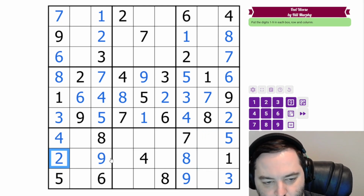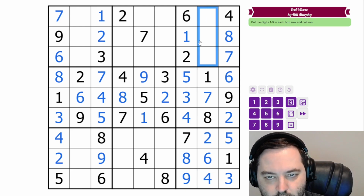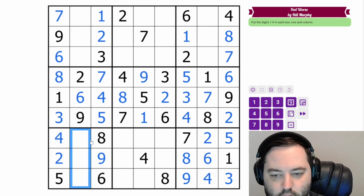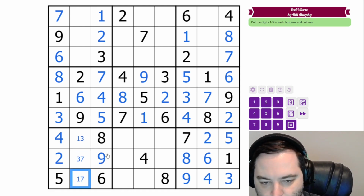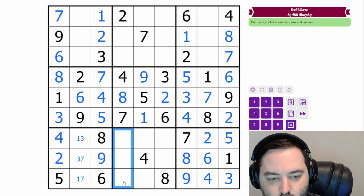We need 2, 4, and 6 here, and we have 2, 4. And then we have 4 in the row. These are 3, 5, and 9, which we can't do yet. These are 4, 5, and 8, which we can't do yet. These are 1, 3, and 7, which we can't do that. We could go ahead and mark a little bit. I'm not going to do this for all of them because it's not that useful. But I know that from having solved it already. So